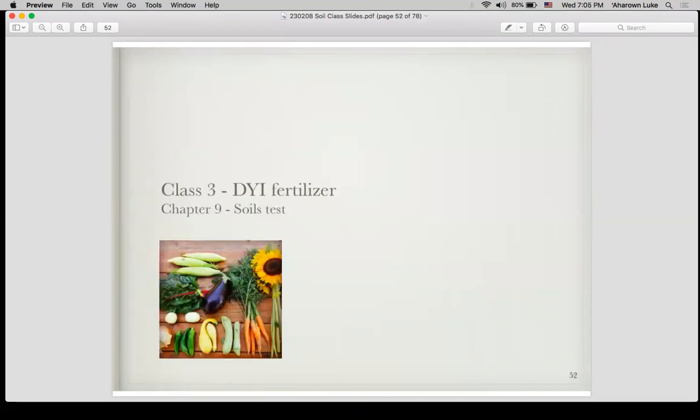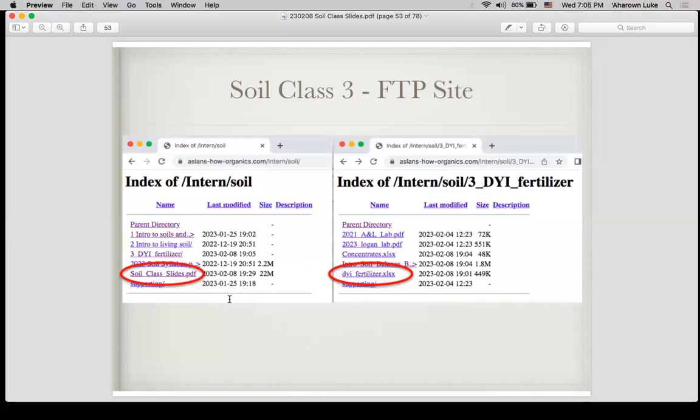So let's get started. The first thing, maybe: the FTP site has these slides. They're on aslan-how-organics/intern/soil_class_slides. I just have these as HTML, FTP-type sites. And then the actual fertilizer spreadsheet we're going to be looking at is one step further in this folder, and